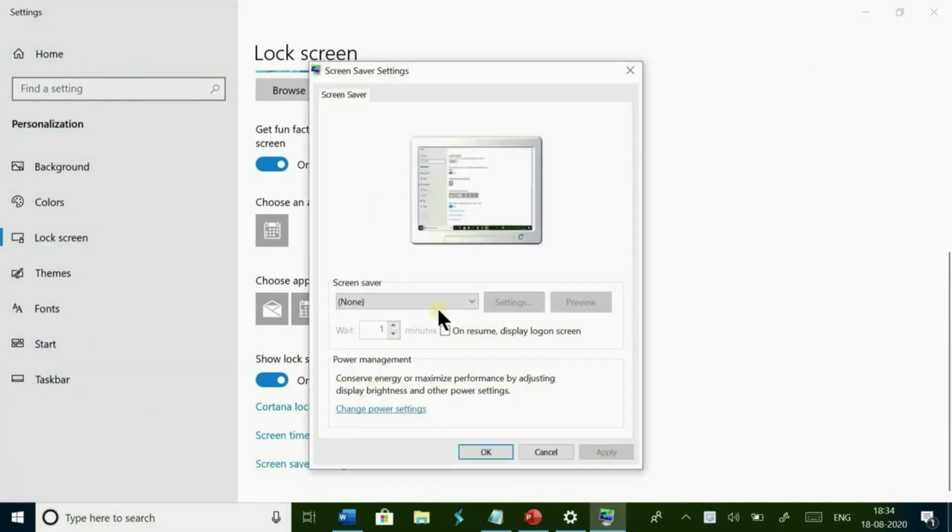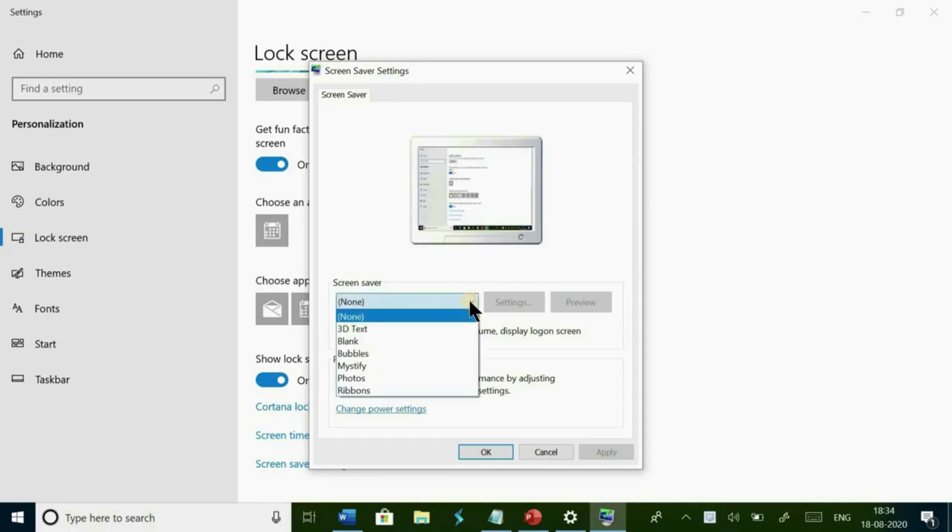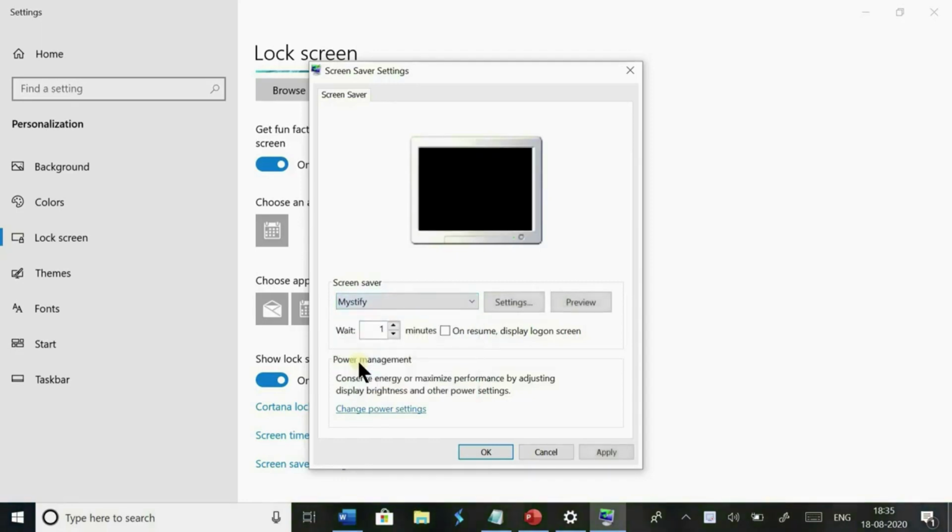Now we can set the screensaver. From here we can select any screensaver effect, Mystify or Bubbles. Like this we can select any one.